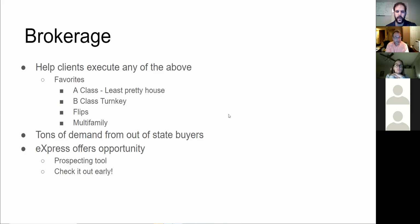And then Express Offers opportunity. I think I did 101. And so I think that tool from EXP is going to be something that's really interesting to see how they roll it out. A lot of potential opportunities for us. And if y'all want to unmute and talk about what you're seeing from that, what your thoughts are on Express Offers,